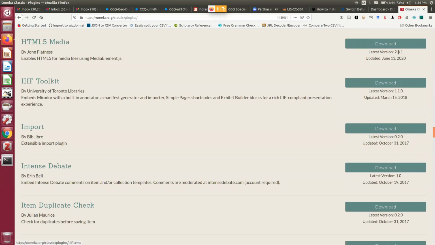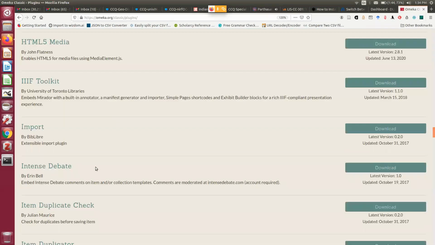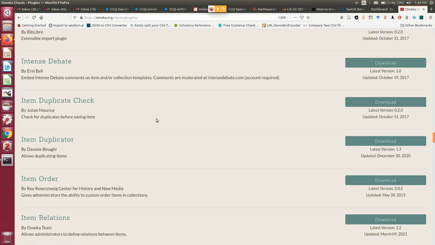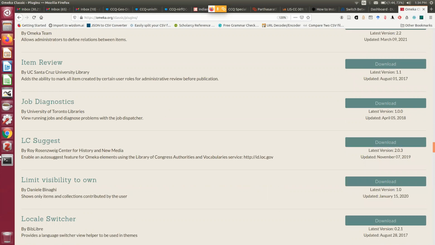Those who are trying to manage images or photographs need it. IIIF toolkit. Item relations, LC suggest, a very interesting plugin.